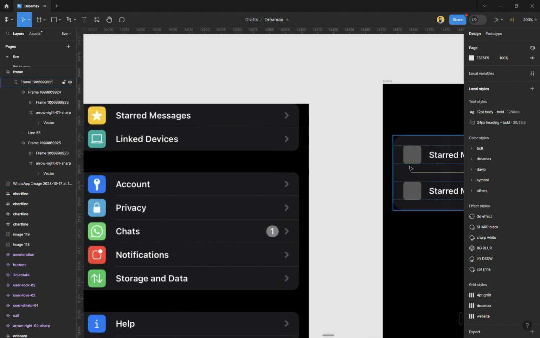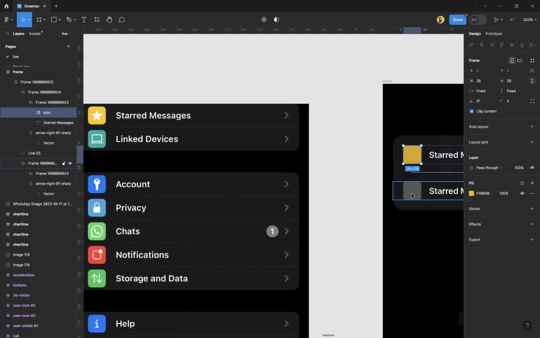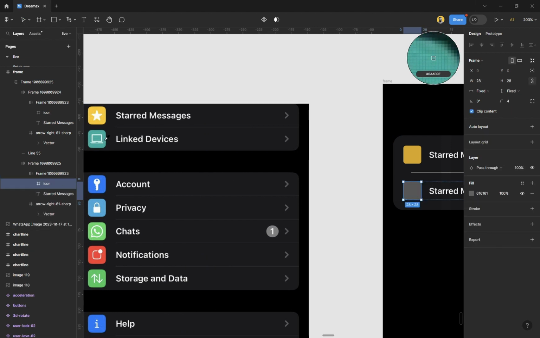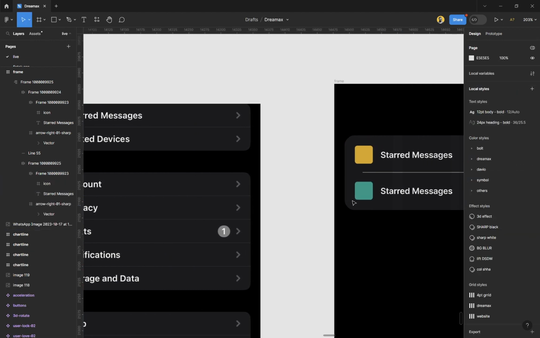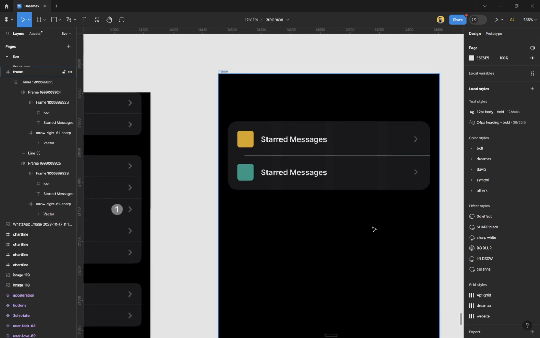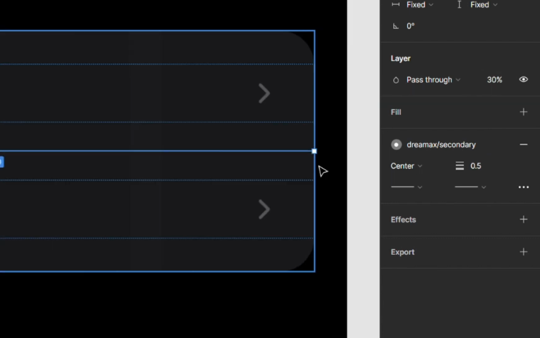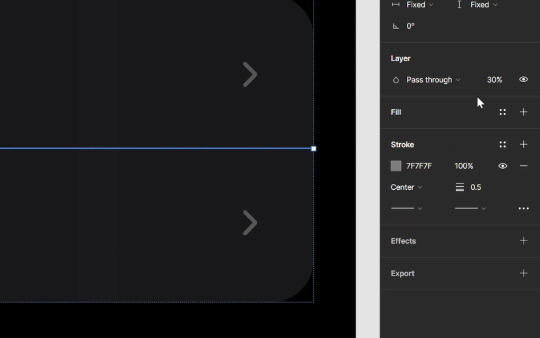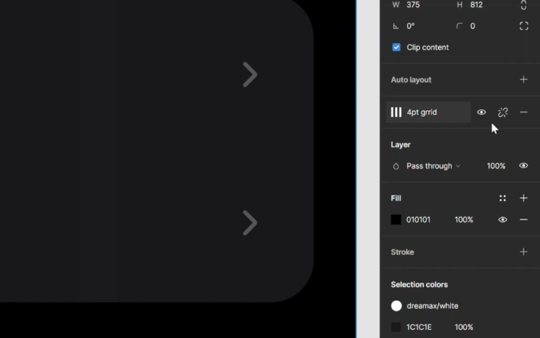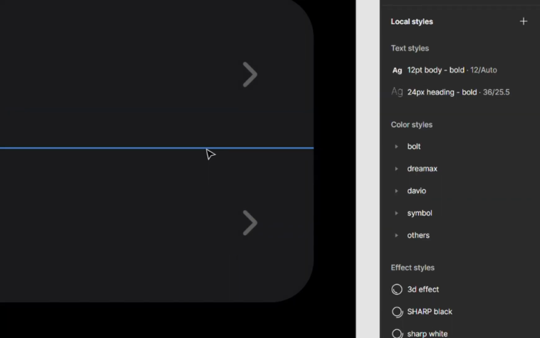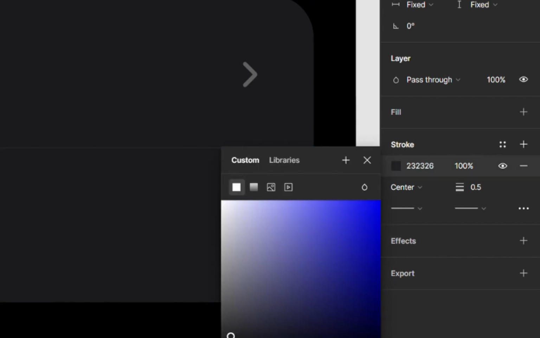Let's give this an actual color. We're going to give it this yellow, and for this one we'll choose this. Right, and that's how you can do this. We'll select this guy and we're going to make him 0.5, and then just drop the opacity to 30%, or you know what, we can make that 100 and just choose an actual color, the background color. I'm going to hide the grid for now, and then I'm going to pick that color and just move it slightly up a bit this way, and